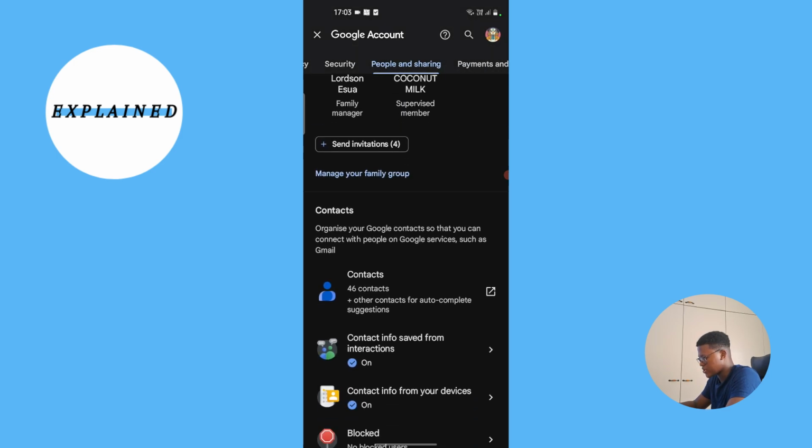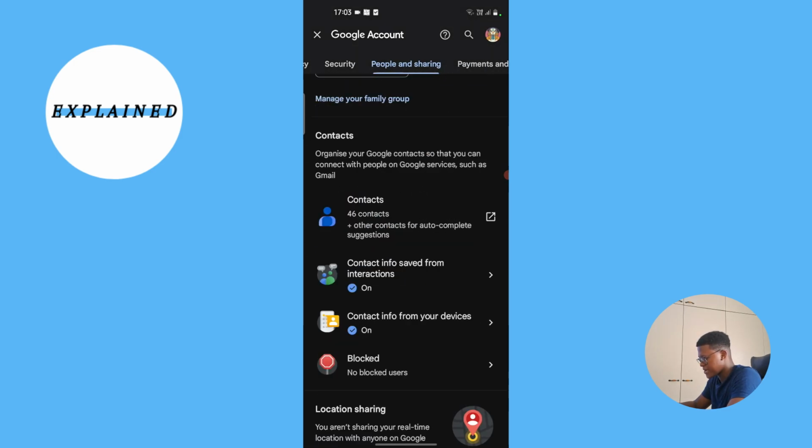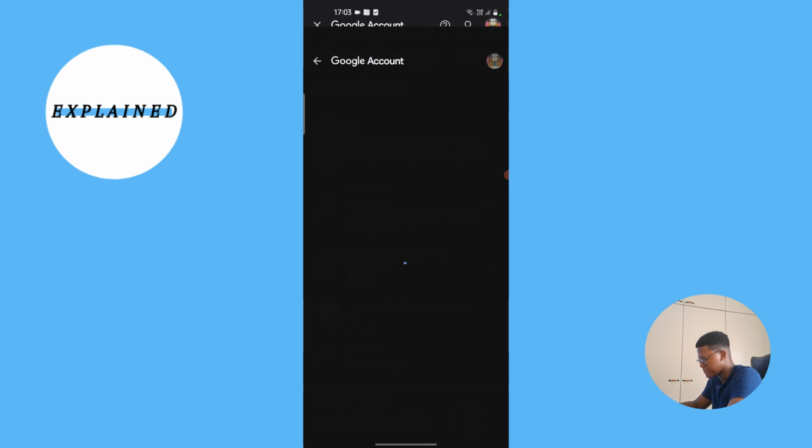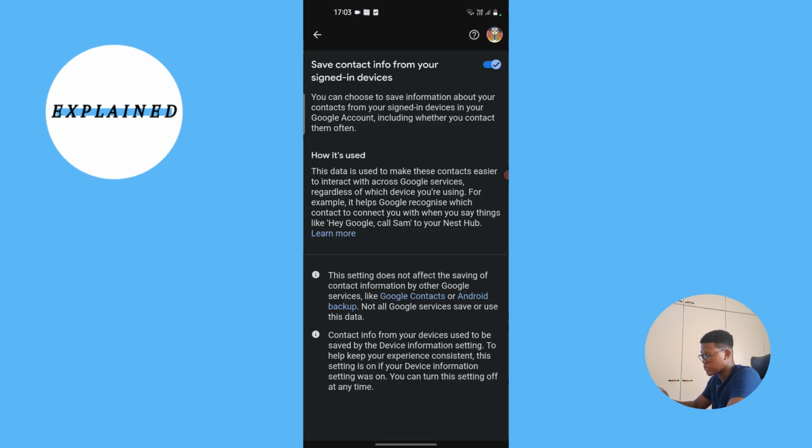Scroll down until you see contacts. Now you have to select contact info from your device. You have to ensure that this is turned on. It says here, save contact info from your signed-in devices. It says here, this data is used to make these contacts easier to interact with across Google services, regardless of